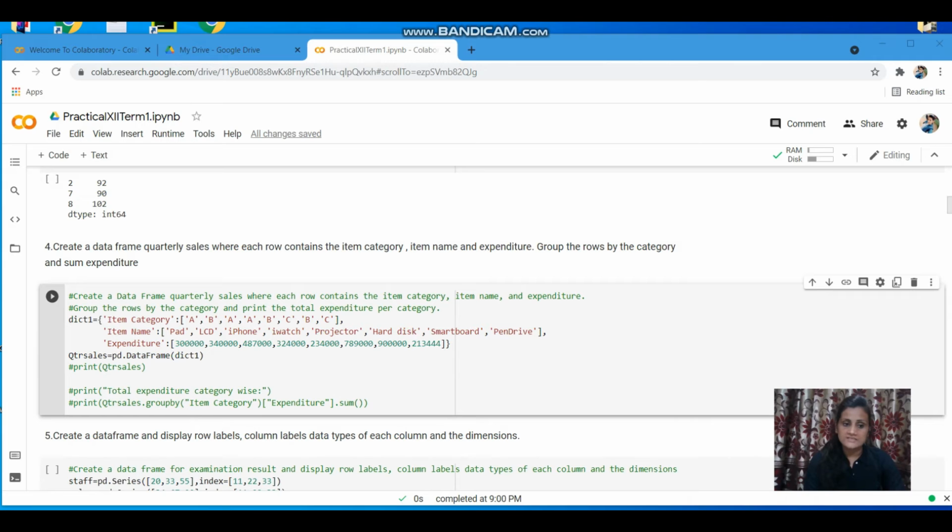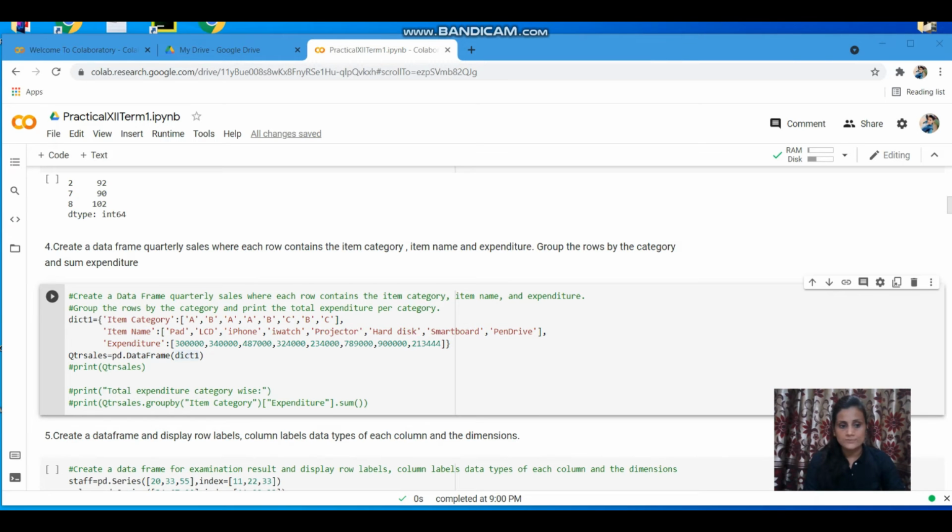Then item name as the second key, and the list of values that will fill up that column. Similarly, third, expenditure, and these are the values. This is what you pass as an argument to the data frame function.